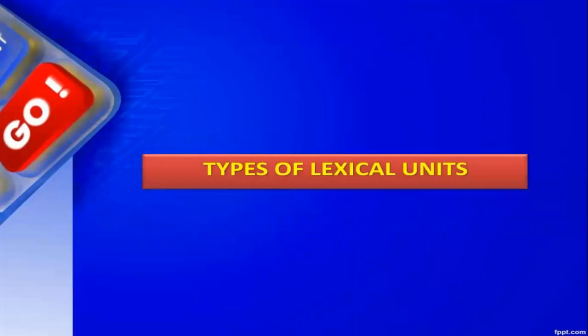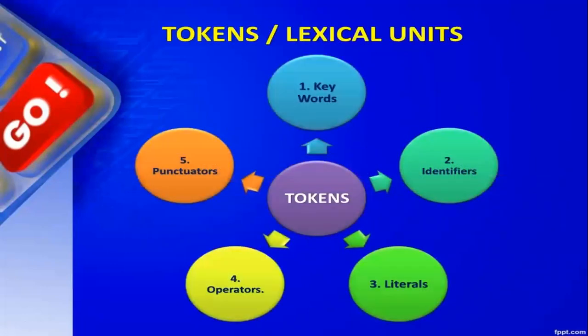So now, which are the tokens? Types. There are 5 types: identifier, keywords, literals, operators, and delimiters. Now, what do you mean by keyword? The reserved words of Python, which have some special meaning attached to it. Identifier is the name of any variable or a constant or a function that the user defines. Literal is the fixed numeric or non-numeric value, which is represented by a variable.